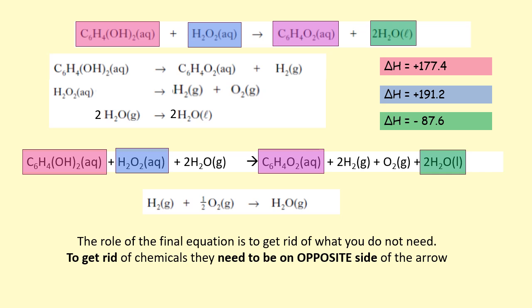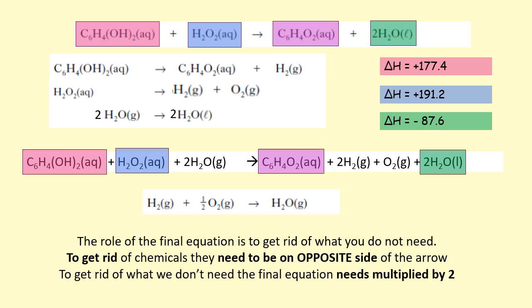And that's the job of an equation. If at first it appears that it has no purpose, its job is to get rid of chemicals that we don't need. So if we look at what we would need to do, we're going to need to multiply that equation by 2 because we need 2 H2O, we need 1 oxygen, and we need 2 H2 gas. Now, when it comes to cancelling out chemicals, remember they have to be on opposite sides. So in this case, we don't need to flip that equation because water is opposite water, hydrogen is opposite hydrogen, and oxygen is opposite oxygen. All we need to do is multiply by 2,